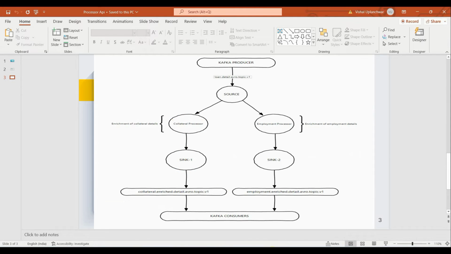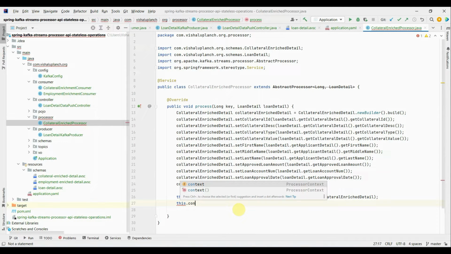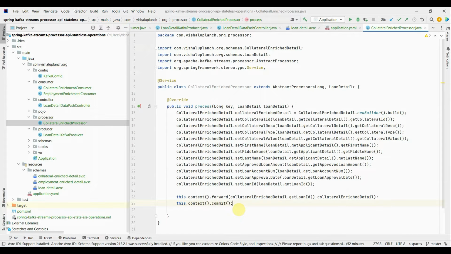Now we have forwarded. Now we need to commit the offset, right? So context dot commit, there is a method over here. Okay, once you add this, that means the offset is committed once we forward the data. All right, so this is one processor called collateral enrich processor. Now similar to this, we will add